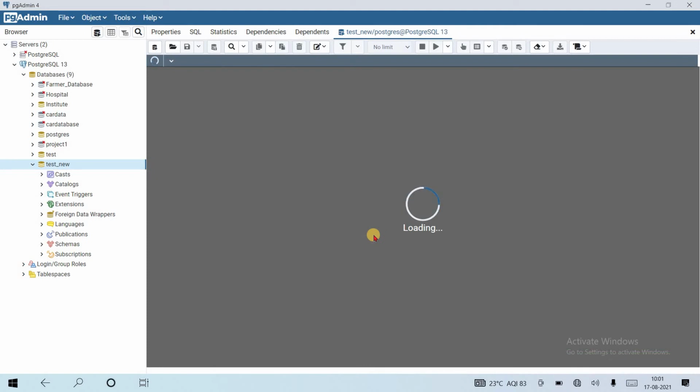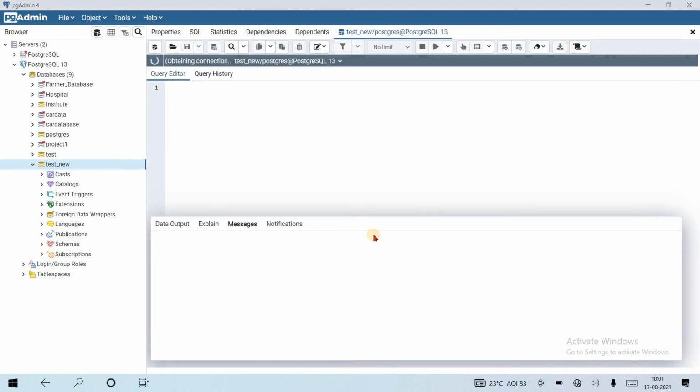Okay, let's create some table inside this database: create table music, with id integer and title varchar. The table is created successfully.